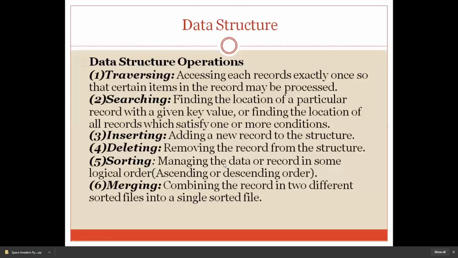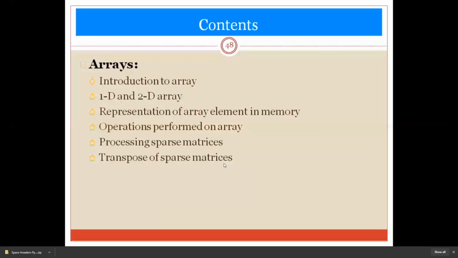Now I'll move to the next one. The chapter itself consists of information about arrays: one dimensional array, two dimensional array, how you represent an array in memory, how the operations are performed on an array, and how to process a sparse matrix and the transpose of a sparse matrix.